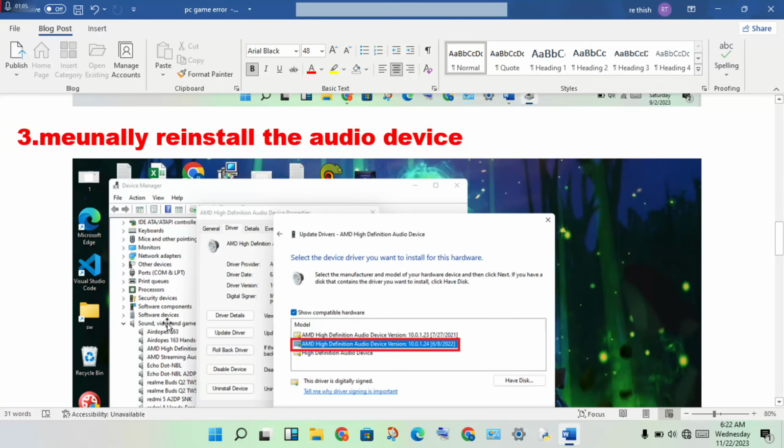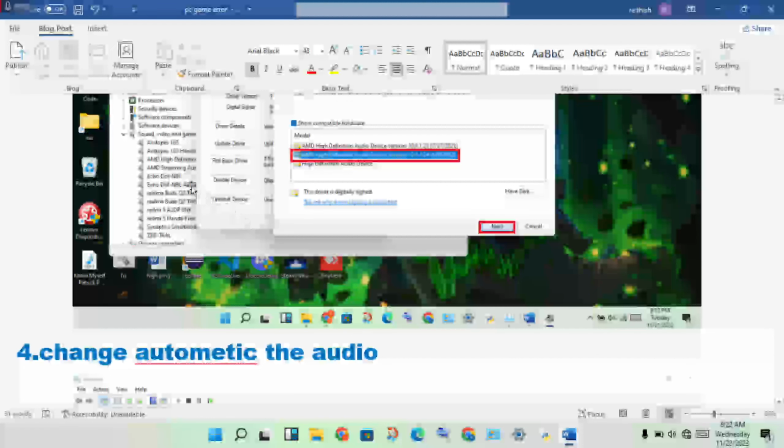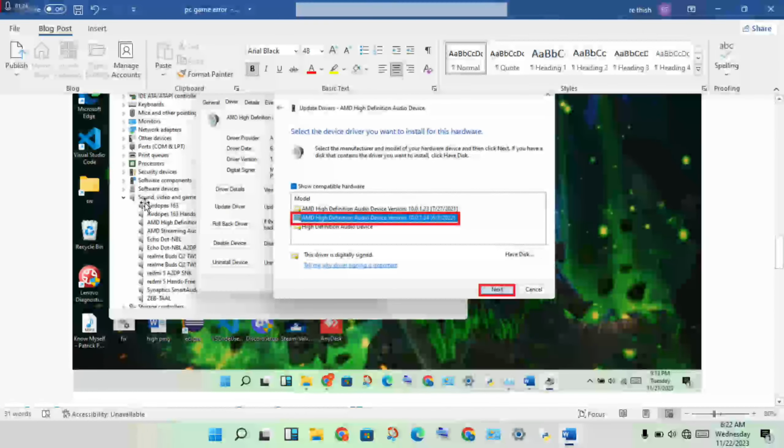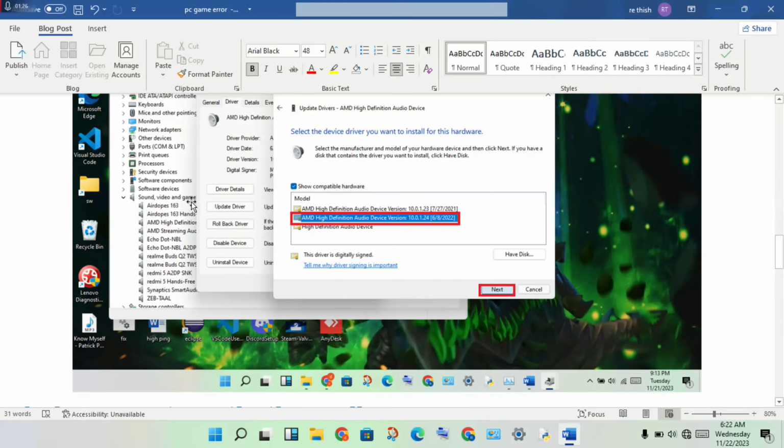so already you will go to the web browser and check the update for the AMD High Definition Audio device, and install it automatically to update to the new version. At the same time, the same method: open the device manager, click on sound, video and game controllers, then see the AMD High Definition, then right click to